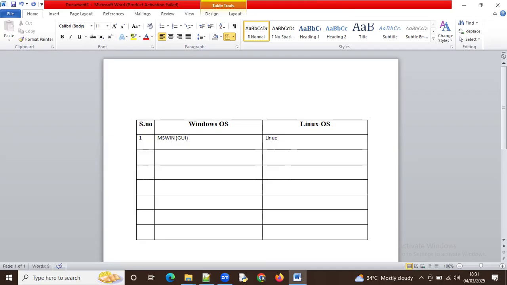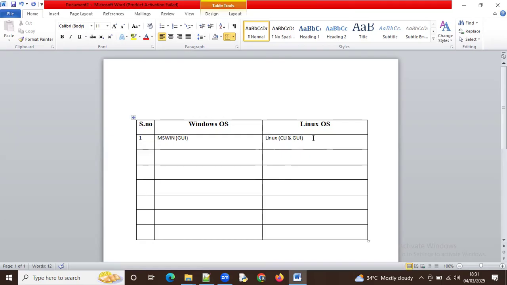CLI, command line interface, and GUI, graphical user interface. Okay,